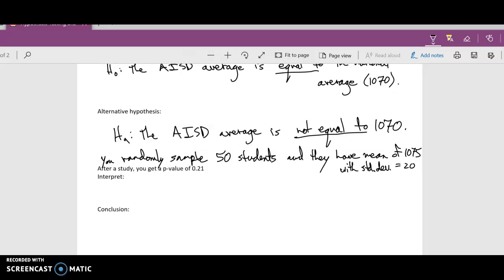So this random sample of 50 students with a mean of 1075 and a standard deviation of 20 gives you a p-value of 0.21. Well, they want us to interpret this. If the AISD average is